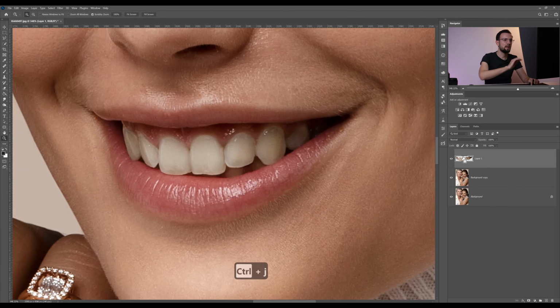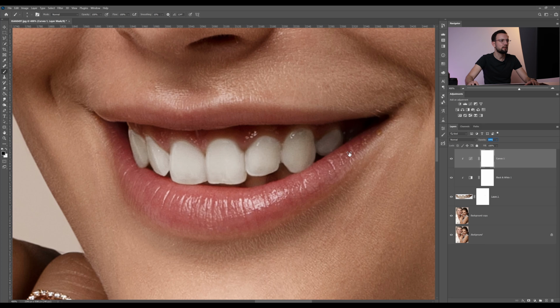As you can see, we have a spillage here. So that's why I didn't tell you to make a perfect selection, because we can always create a layer mask and paint with the black on the gums. Now what we can do is decrease the opacity of our black and white layer to remove some of the yellow stains, and now